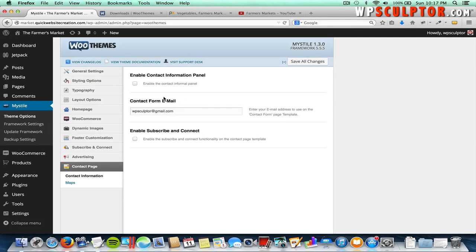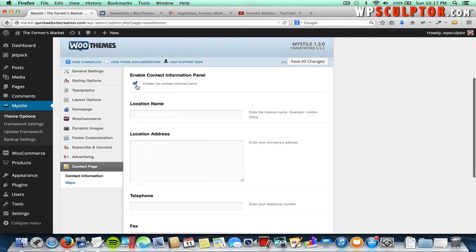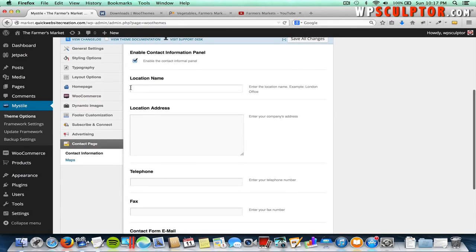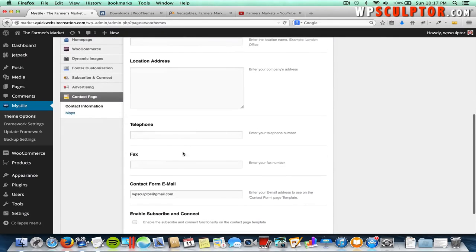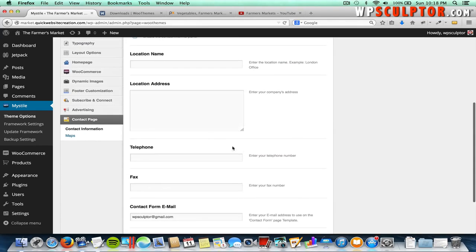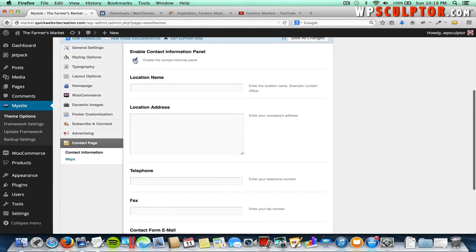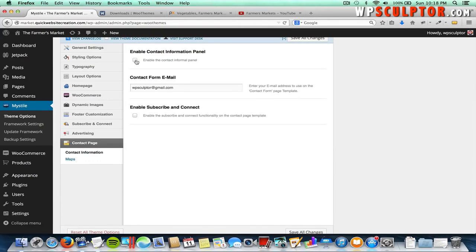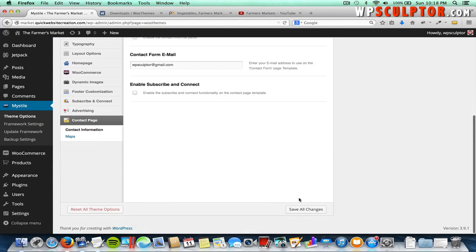And then another option you have, if you check this box to enable the informal panel, that's going to drop down all these options. If you fill these options out, your location name, your address, your telephone number, fax. Whatever you fill out, that's going to show up on your contact page as well, only if you have it enabled. If you don't want to enable it, we're not going to worry about that. We're just going to uncheck that and make sure you scroll down and save the change once you've added your